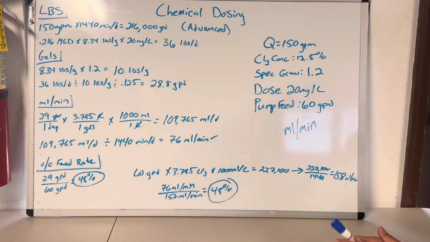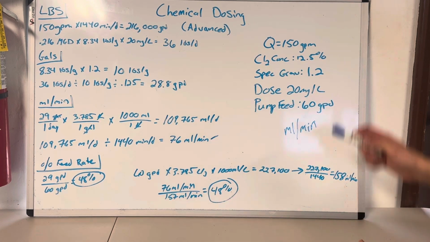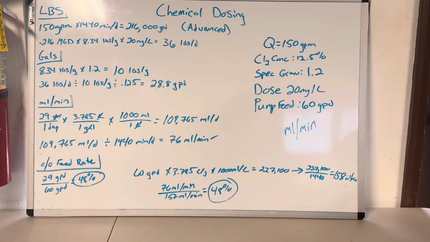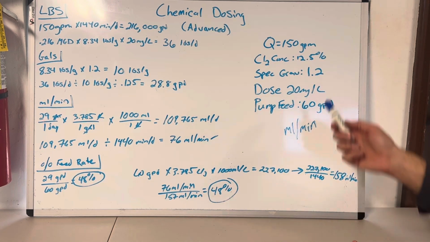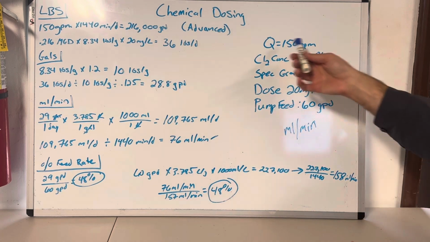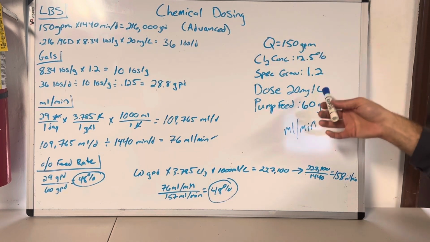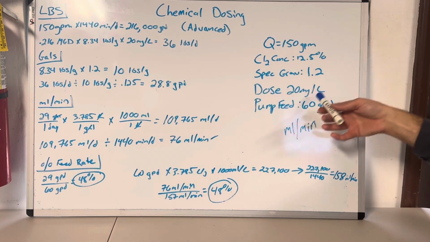So, with that, let's move through the math problem and see what we can come up with for our feed rate for our chemical pump in milliliters per minute. The flow of our plant is 150 gallons per minute with a concentration of 12.5% sodium hypochlorite and a specific gravity of 1.2. That's our chemical. This is our flow. And this is our dose. I'm going to dose 20 milligrams per liter